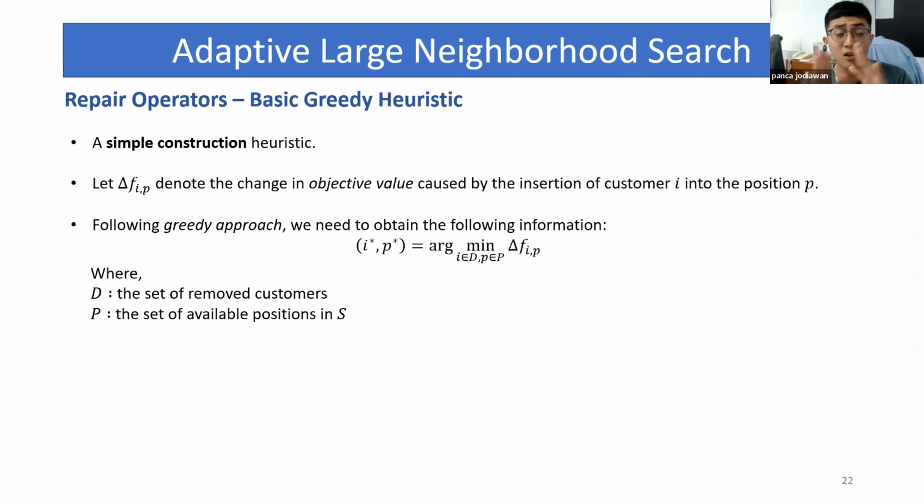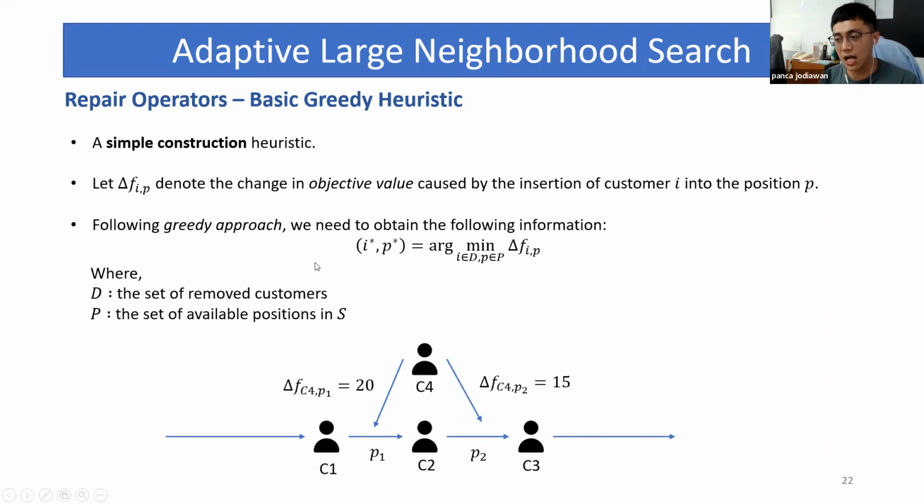Since we have a lot of customers to be inserted, let's say you have removed customers using the removal operator, you do not only remove one customer, right? At the end of the removal operator, maybe you remove 4 customers. Then by considering each of these 4 customers, we find which customer results in the least cost insertion, and we insert that customer in that position. So that's the greedy approach proposed as the repair operator here.